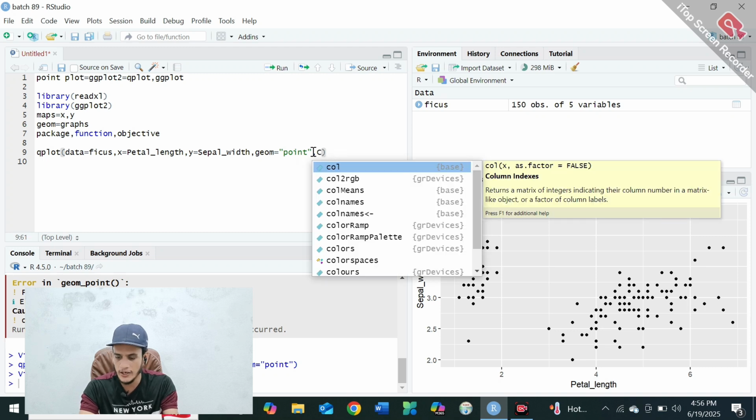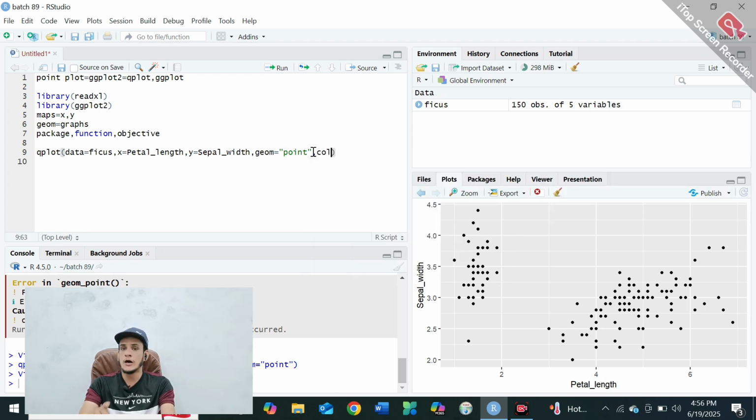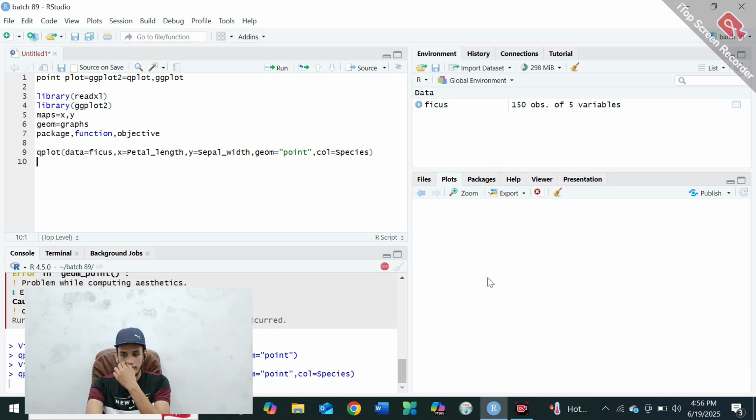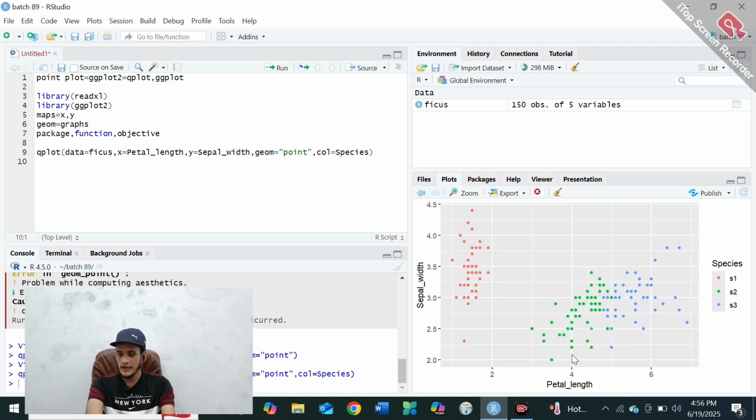Add color, col equal to, and right here simply write Species, spelled with a capital S. Now run the code. Here you can see that your plot is in different colors: S1 red, S2 green, S3 blue.